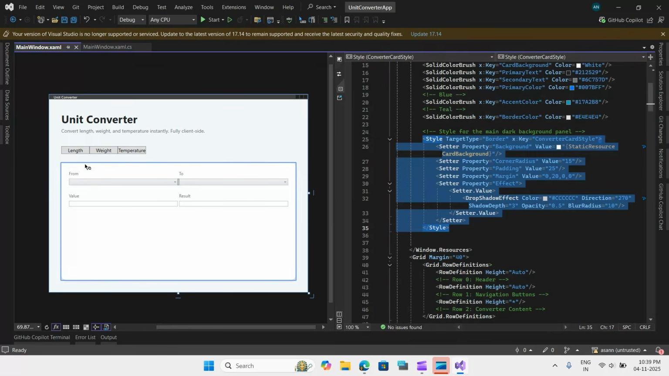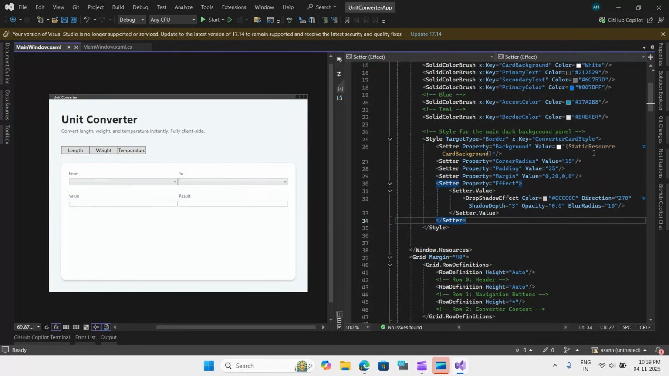So here you can see we have our border, and it has applied this nice style to it, where it has a corner radius of 15, padding of 25, top margin of 20, and it has a drop shadow effect, as you can see. So that has been applied. Now next